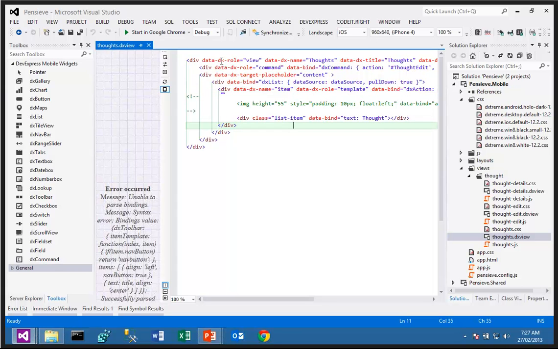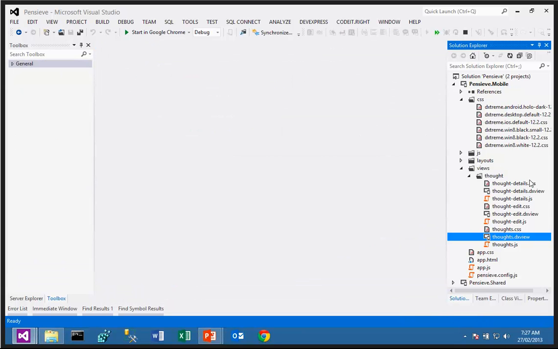We can see that we implement the DX role. We've got the view, and we can see that some of the tools that are shown in the toolbox on the left can be added directly to the file. So here we can see the DX list view, which is the item that renders the list box that we saw before. Now it may be, if we switch back to the details view for a second,